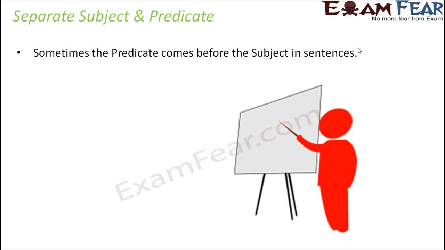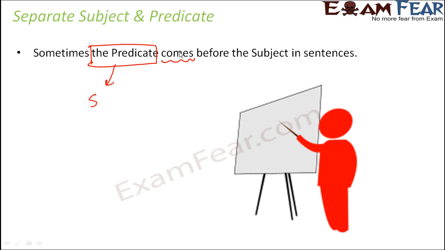Finally, the last example, sometimes the predicate comes before the subject in sentences. So this is your given sentence where you have to find out the subject. So here, where is the verb? So the verb is here, comes. Now let's add who or what before the verb. So what comes before the subject in sentences sometimes? The answer would be the predicate. So therefore, the predicate in this case is the subject, and all the remaining part is the predicate, right? So the irony is that the predicate in the sentence is actually the subject.